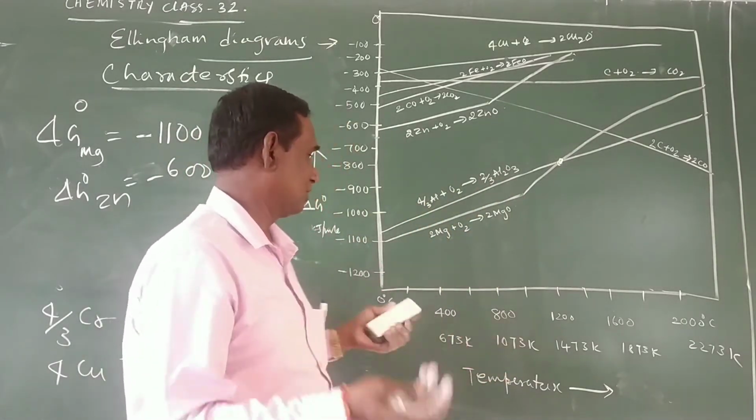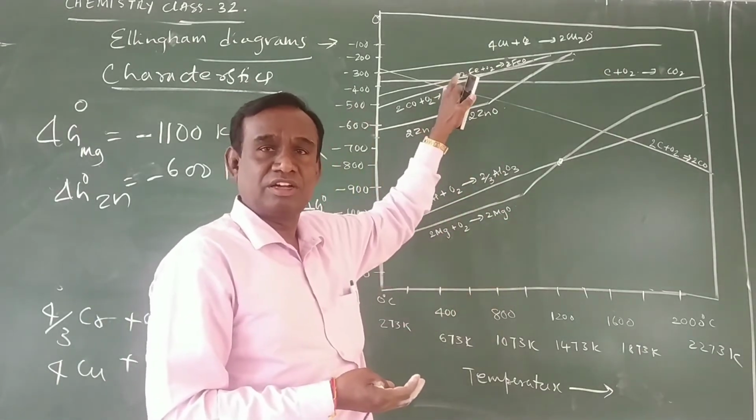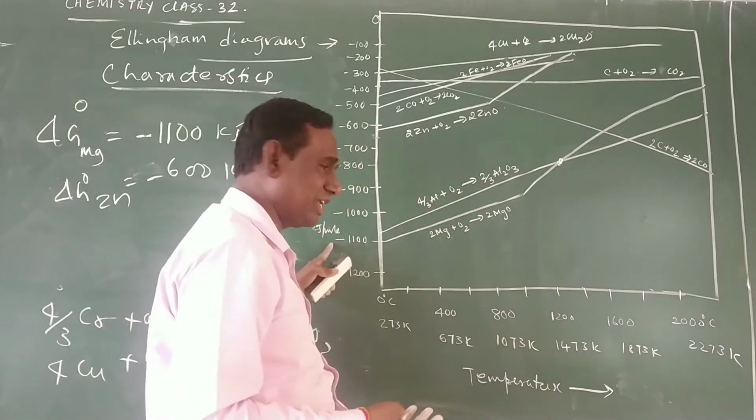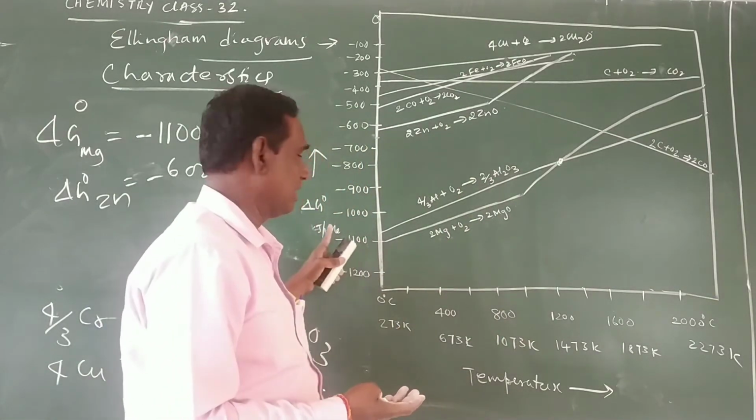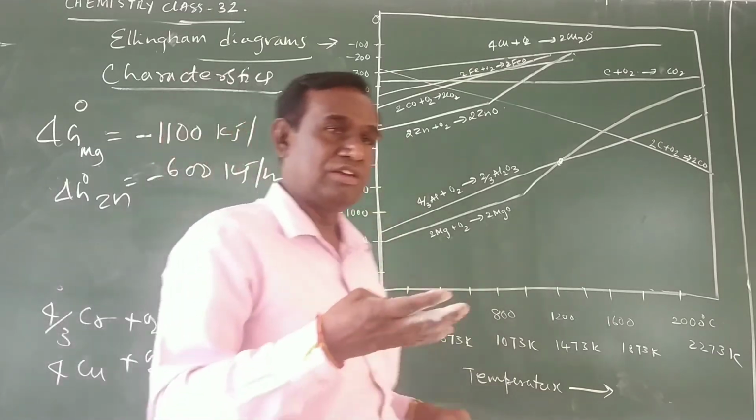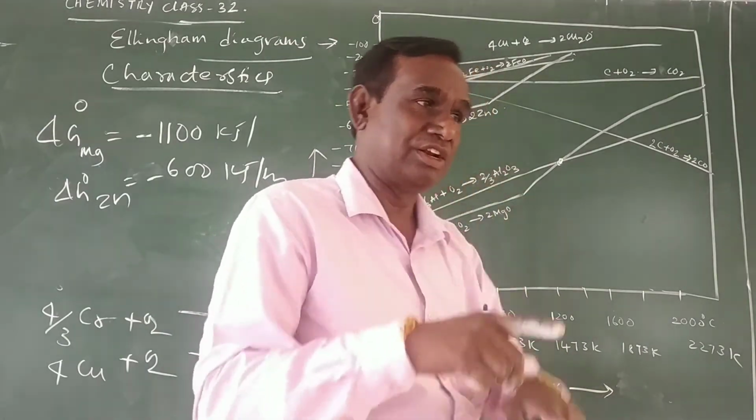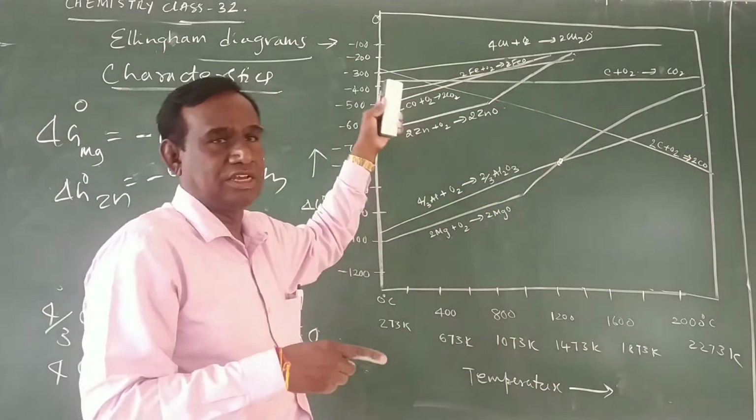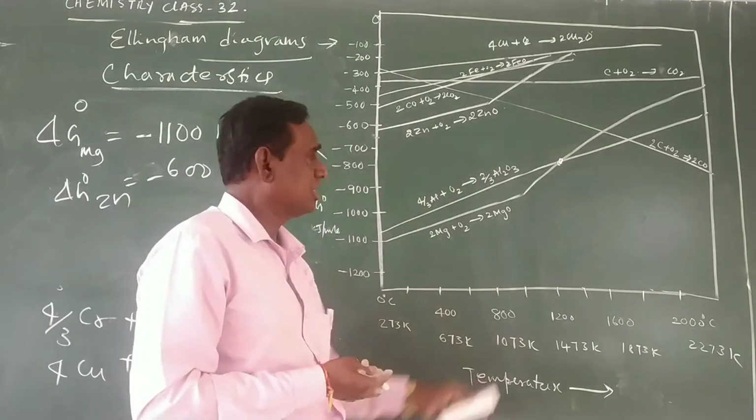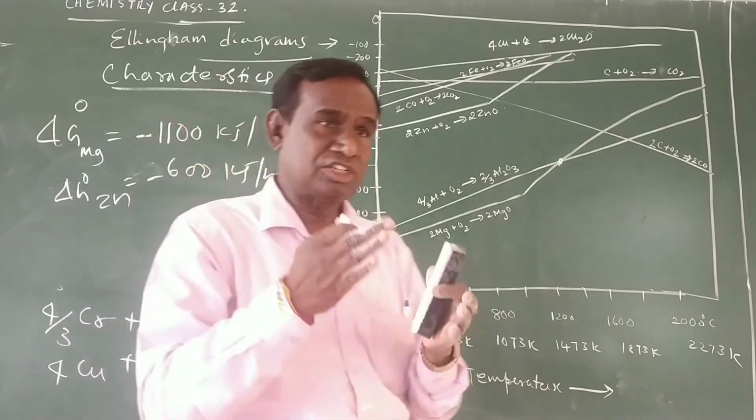How do you select? You see the metallic oxide which is placed below is more stable compared to the metallic oxide which is placed above. How do you know that? By knowing the ΔG° values. If the ΔG° value is less, it is more stable. If the ΔG° value is more, it is less stable. Therefore, more stable metallic oxides can reduce the less stable metallic oxide. So for this reason, these Ellingham diagrams play an important role in the reduction of metallic oxides